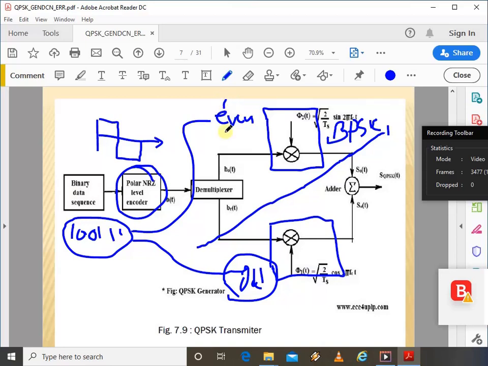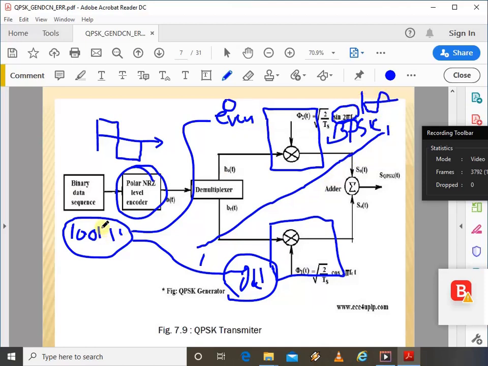If I want to transmit, suppose this is the first number, the odd bit, and the second bit is 0. If I want to transmit this 0 bit, then after the phase modulation, the 0 bit is transmitted after phase shifting the carrier. Here we are using sin 2 pi fc as the carrier. So after phase shifting the sine by 180 degrees, we transmit the 0 bit. The phase shifted means like this, 0 is transmitted like this.